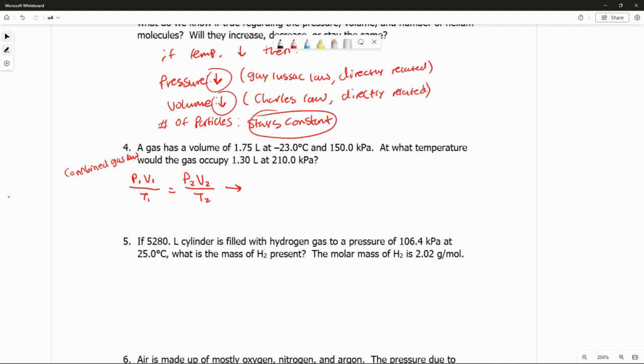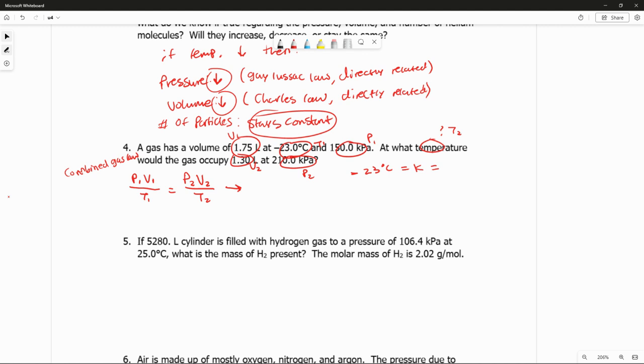All right, we established our variables. So we have volume 1 here. Temperature, we have to convert temperature to kelvins. So we have temperature 1 and pressure 1. And we're looking for temperature 2, and we know volume 2, and we know pressure 2. All right, so for temperature, we always want to convert to Kelvin. So for combined gas laws, as long as the units excluding temperature are the same on one side as the other, so liters, kPa, kPa, we can just go ahead and keep it that way. But for temperature, we have to convert this to Kelvin,